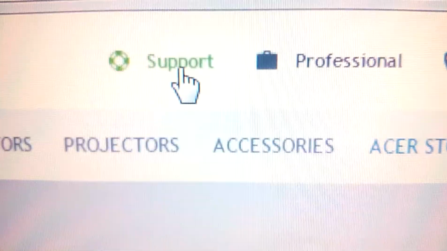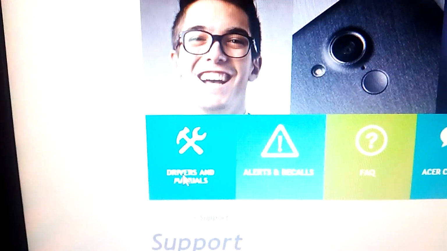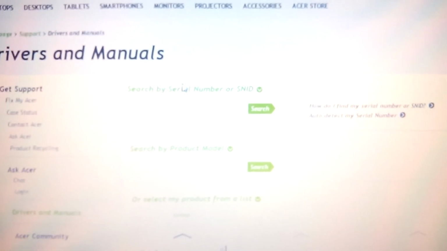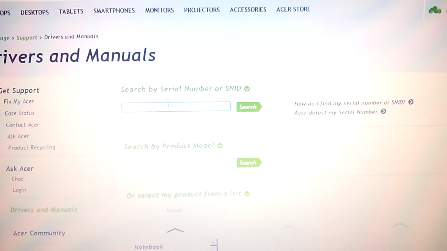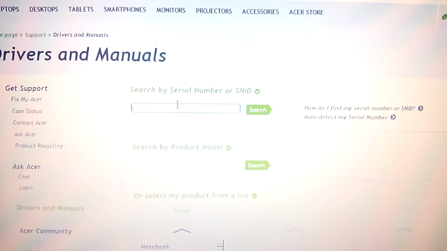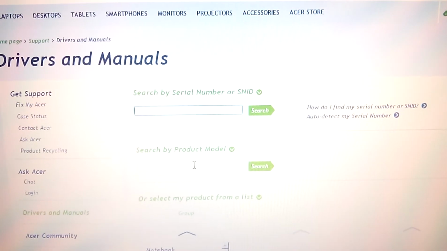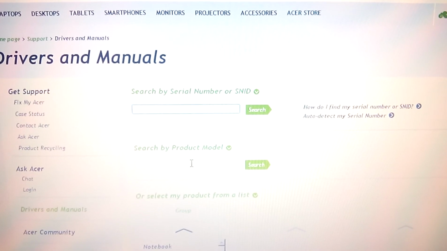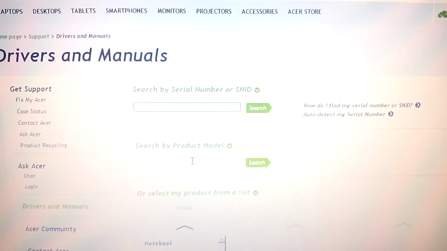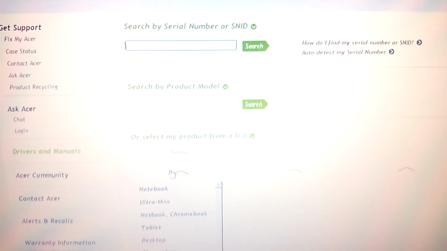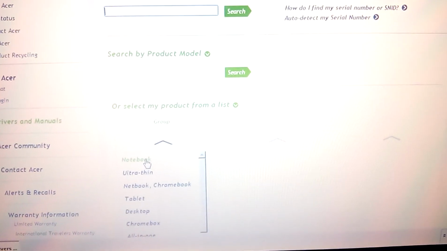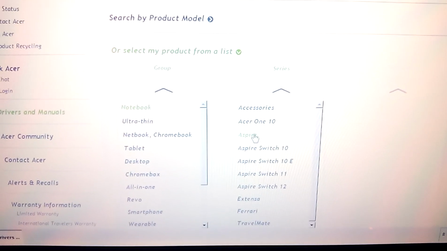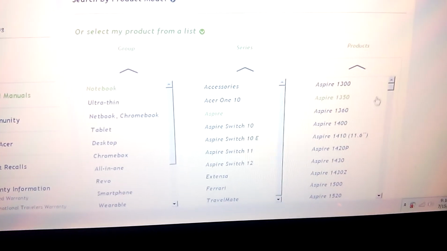As soon as we arrive on the website, we go to Support, and then down to Drivers and Manuals. As soon as the page opens, we have two options: search by serial number or SNID, or search by product model. I already know my serial number, but I'm not going to input it. I'm going to search my model, which is Acer Aspire 6930ZG. So for this one, I'm going to access the notebook category, Aspire series, and search for the 6930 in this list,